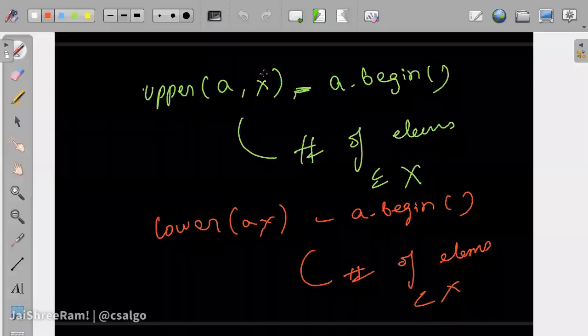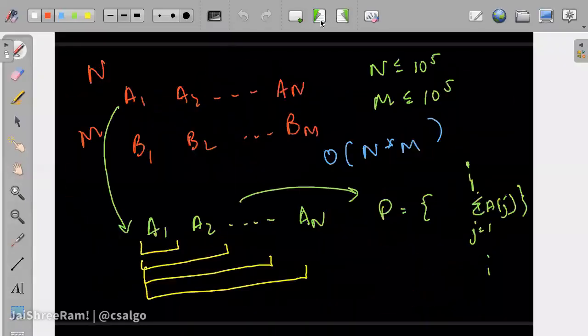Anything you have doubt in this problem? So what we are using is, first we sort this array, then for each of the budgets we can use lower bound. How to do it using binary search? Don't worry about this, we will talk about how binary search will work in this case in the session of binary search. But for now you can take it like this, that this lower bound is finding things using binary search internally.